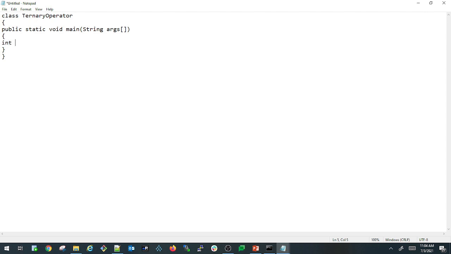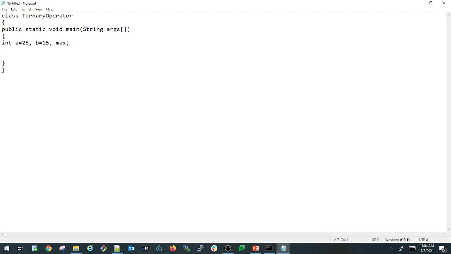Inside that I declare two variables, int a equals 25, b equals 15, and also a variable max. Let us look at which is the max value of the two variables a and b, so I declared a third variable.